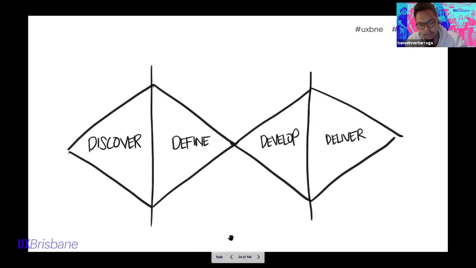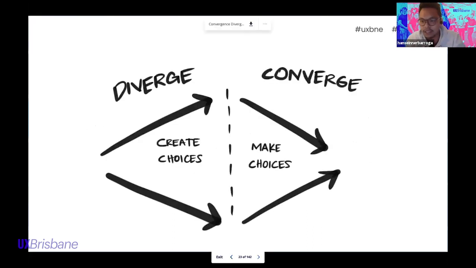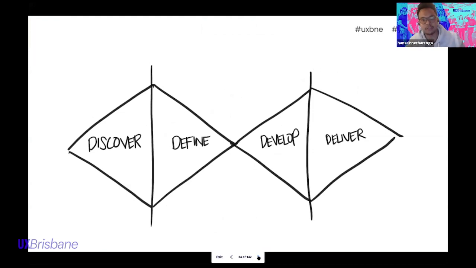Now, on a small scale, that convergence and divergence can happen within a particular exercise, or even within discussions. But if we zoom out holistically in that double diamond, it happens on a bigger scale as well. When you're looking to discover lots of different things, do research, and then you're trying to define what it is you're looking to hone in on, develop, and come up with lots of different ideas and then deliver it. Now, I guess why I'm raising this is because we looked at this concept and managed to ingrain